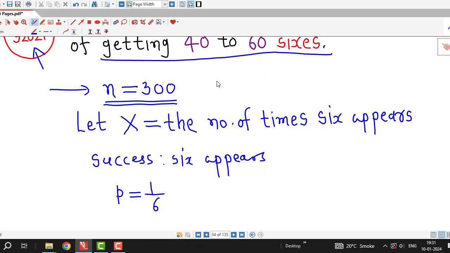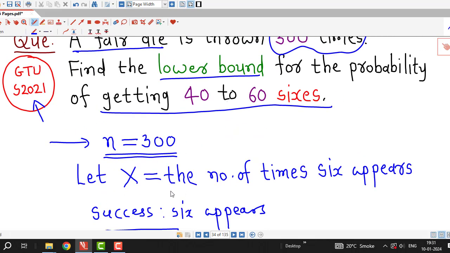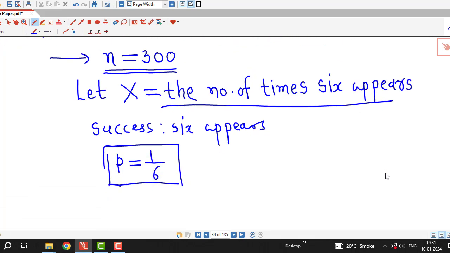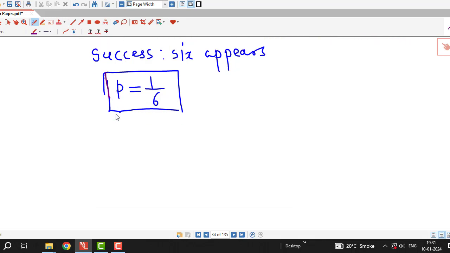And here the number of trials is finite. There are only 2 possible outcomes for each trial, whether 6 appears or 6 does not appear, and the probability of success remains constant for each trial, and therefore this capital X is a binomial random variable, or this distribution of the number of times 6 appears is a binomial probability distribution. And we know that the mean and standard deviation or variance have ready-made formulas if our probability distribution is binomial. So here we first mention that capital X is a